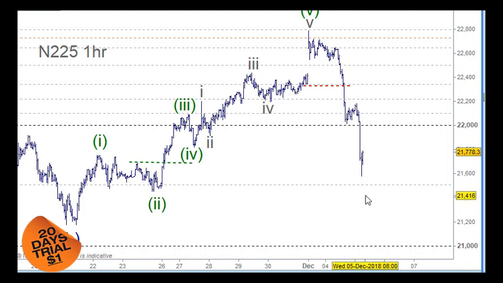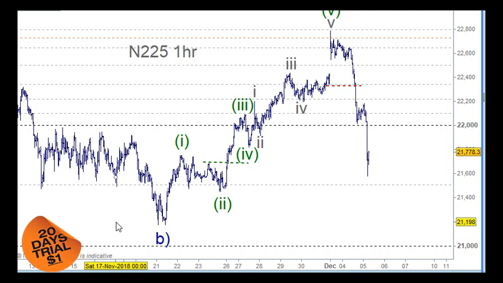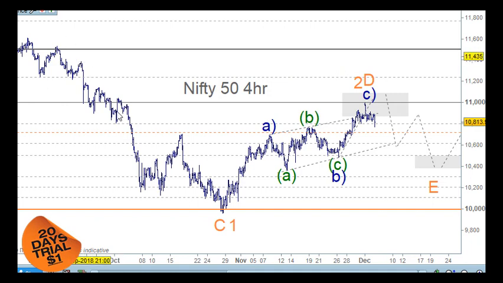So what we need to do is wait for the bounce here with this, but also I want to see how this develops in here as a pattern, and also whether this low here is in jeopardy as well. But if it's going to turn into a bear market, we've got time, because it's just the beginning of it here, and this will be the same for the Nifty.